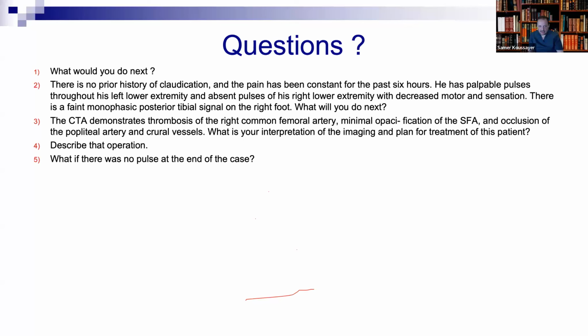Maybe I open the tibial, dorsalis. I try to do it from distal, you know, because sometimes I forget they cannot go distal because of occlusion, you know. Let's say none of them work, you may have to do distal bypass, you know. But this is a rare condition. I doubt we have to go to this point.